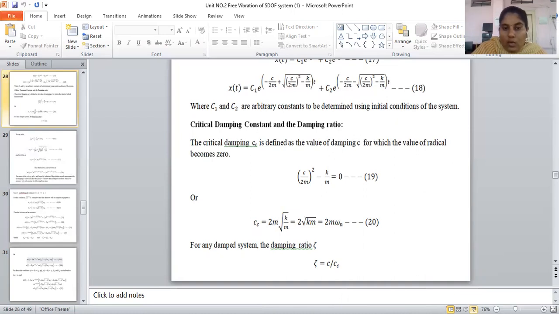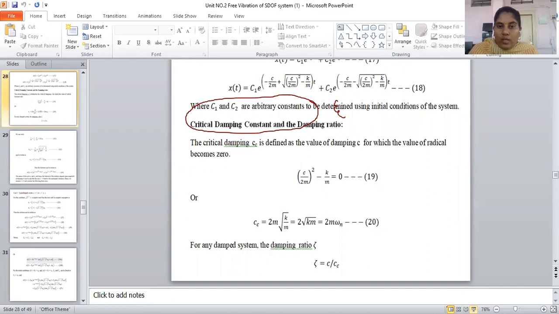So how to convert this value? That I will show you. Okay. So you can convert directly that value over here by putting that to C by twice M. From this S1 and S2, you see the first is the S1 and S2 value. That S1 and S2 value we have to convert in terms of the zeta. So how to convert this value in terms of zeta? That C by twice M, we have to adjust this C by twice M in terms of the C by Cc. So we'll get the value of zeta.